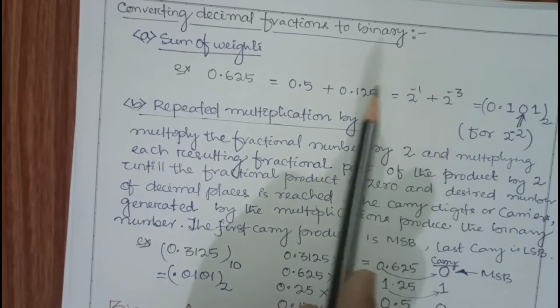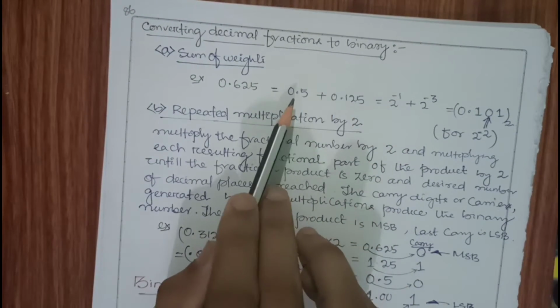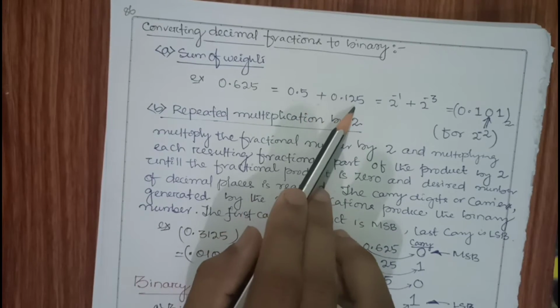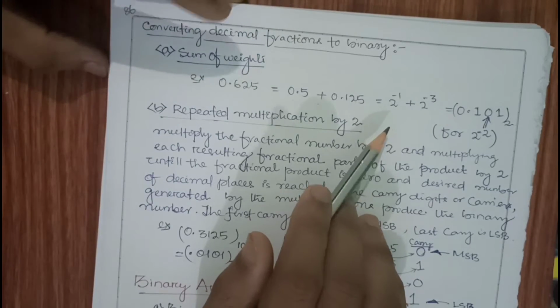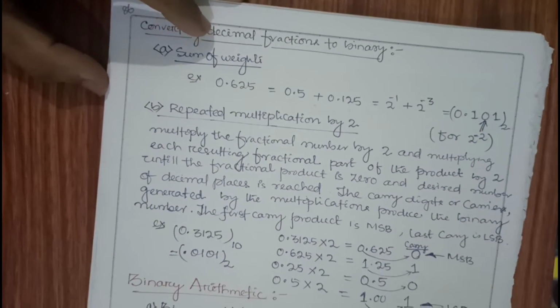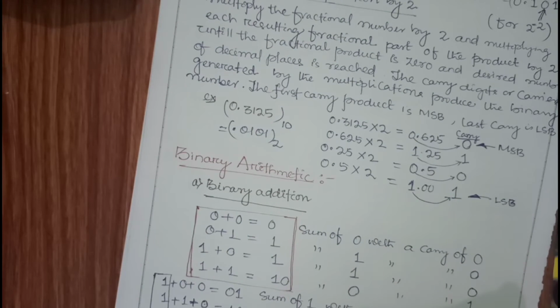That's why I am writing 1 for 2 power minus 1, 0 for 2 power minus 2, 1 for 2 power minus 3. Okay. This is also possible if you know the first 2 to 3 digits, that is 0.5, 0.25, 0.125, then 0.0625, 0.03125, like this, those values. But if a lengthy number is given, then that will not be possible. Then we came up again with the second method, that is called continuous multiplication by 2.